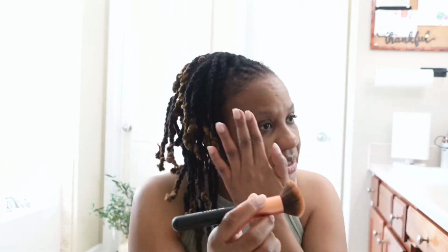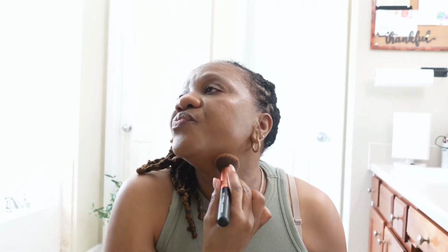And then what's left on the brush, I go on my forehead. I use less on my forehead. And then you know the places that you want to cover. Now, if you have dark spots and so forth and so on, you can proceed that by going in with